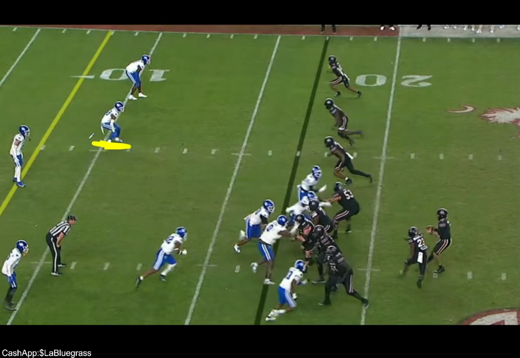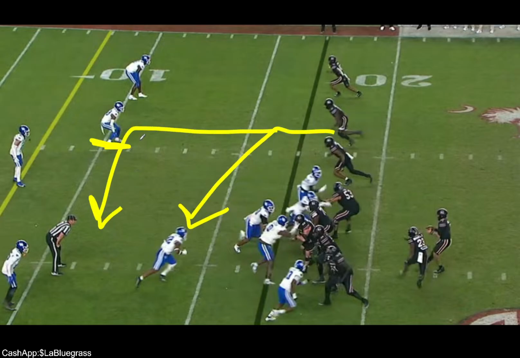If you're an inside man in football on this level and beyond, you're going to give up stuff. So when you play an inside man, you cannot give up the slant, you cannot give up the dig, and you cannot give up the post.